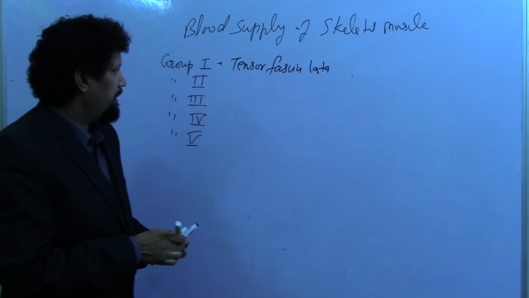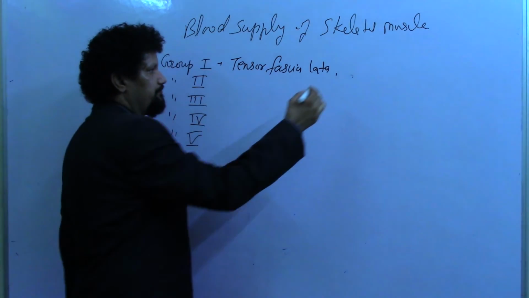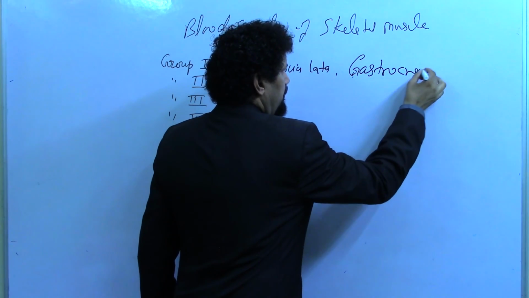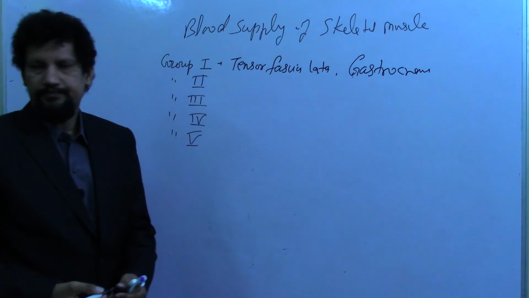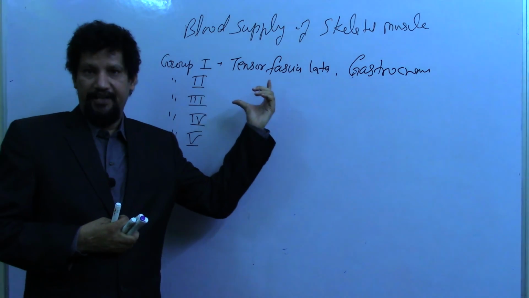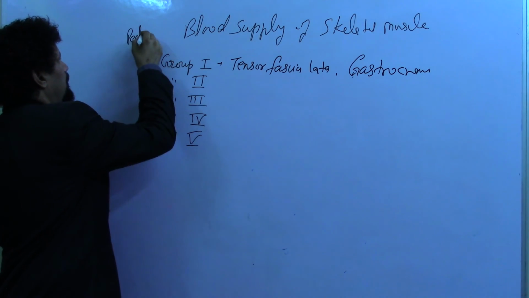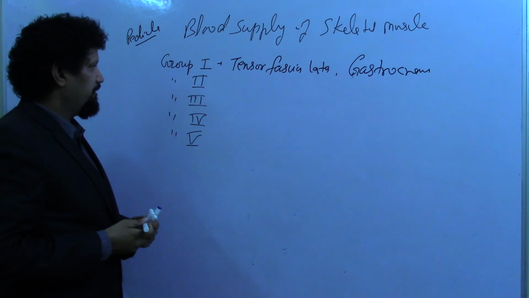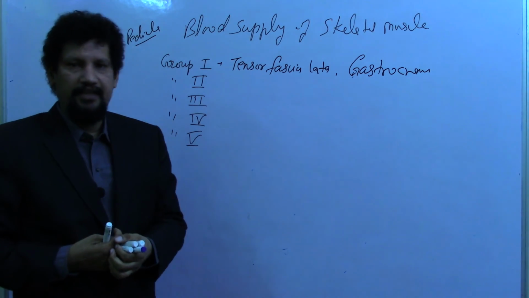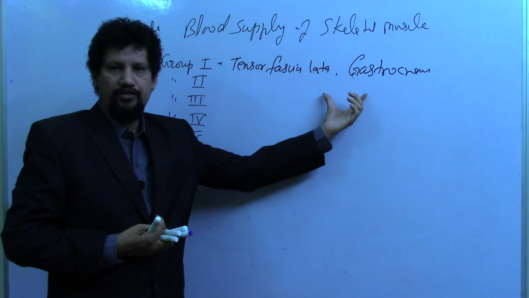The other example in group first is the gastrocnemius muscle, which is supplied by the sural artery. So the muscles which are supplied by a single artery pedicle are grouped in group first. The tensor fascia lata is supplied by the ascending branch of lateral circumflex femoral artery, and the gastrocnemius which is supplied